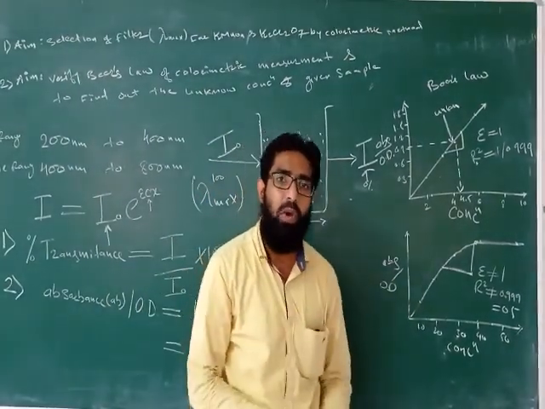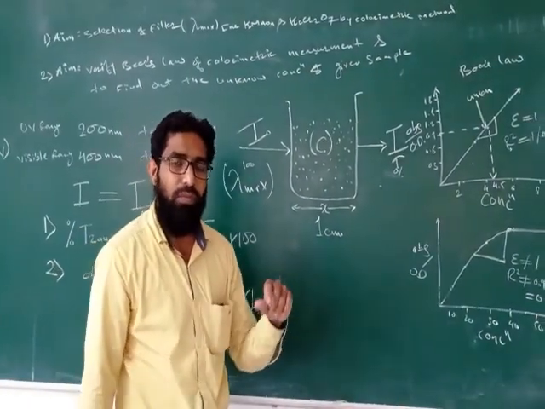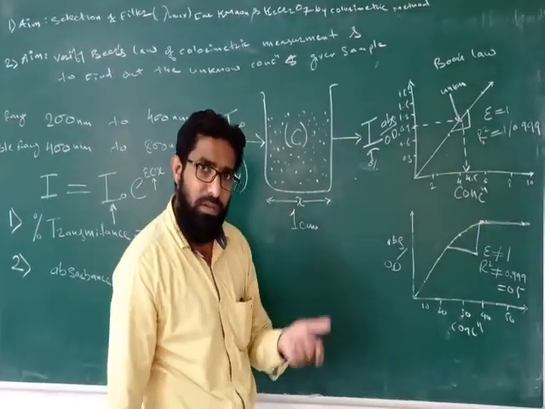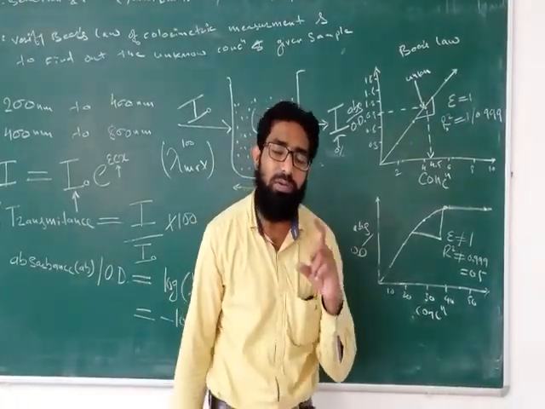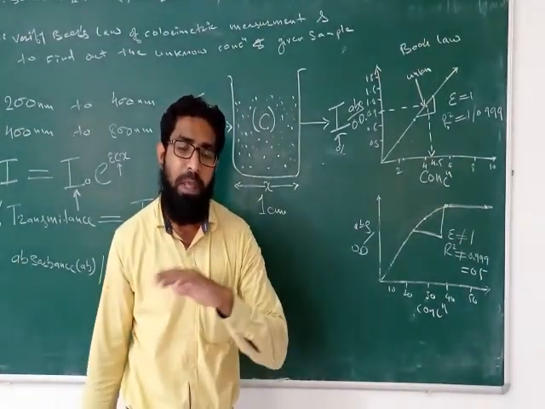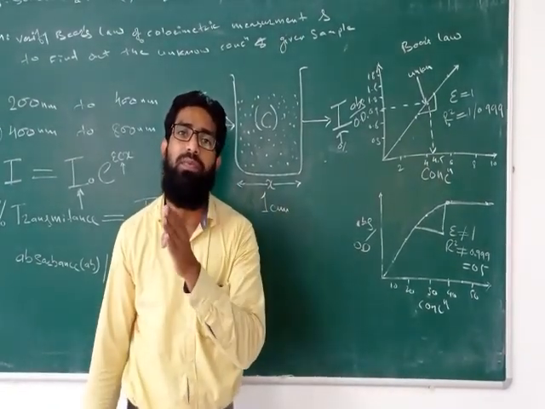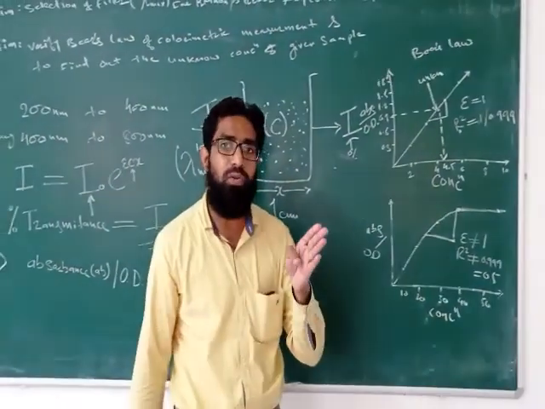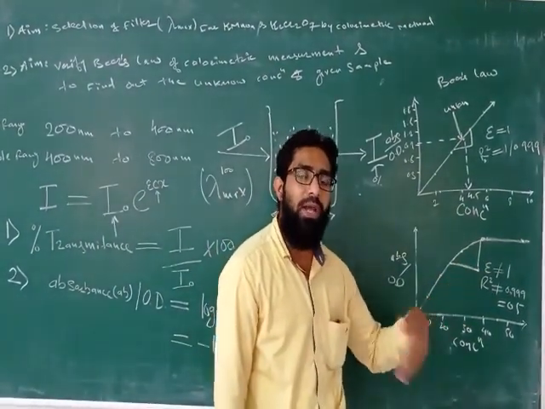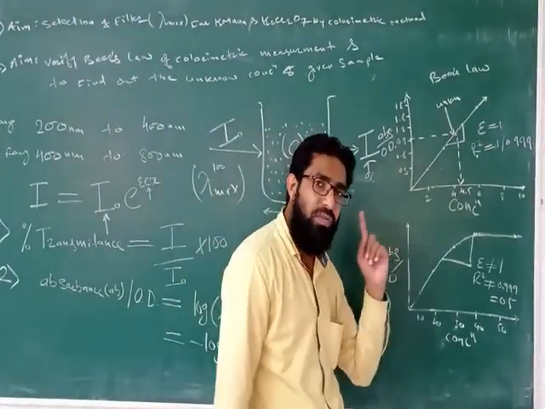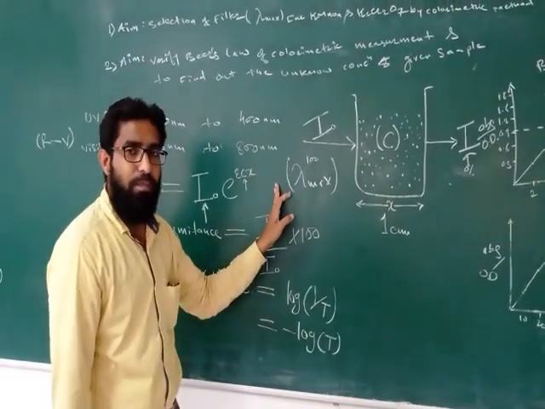If the concentration is too high, then dilute it with the proper respective dilution factor. For example, if you have concentrations of 10, 20, 30, 40, 50, then dilute it 10 times so that it becomes 1, 2, 3, 4, 5. It will then be within the linearity range, and by using that we can identify the concentration of the unknown compound. Okay, this is an experiment.